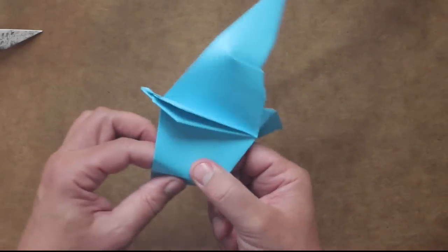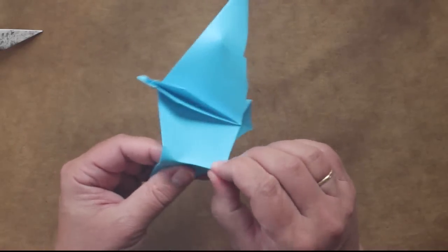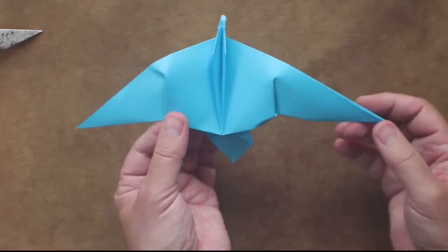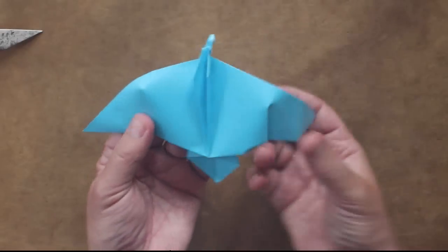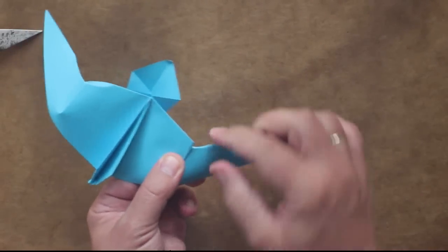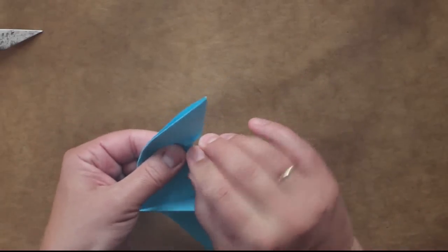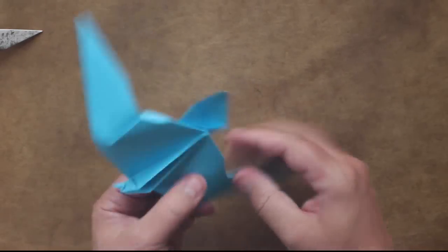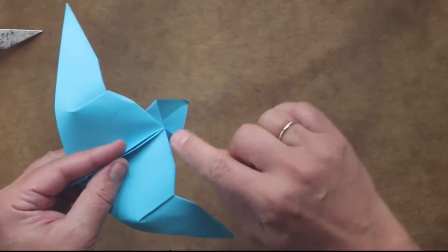Yeah, somewhere here. First do the mountain fold, and then do the valley fold. Should be somehow symmetrical, of course. So about like that. Then make the mountain fold here and mountain fold here, and this will sort of swivel around here. I don't make a real sharp crease here because I'm going to do a curved fold now,